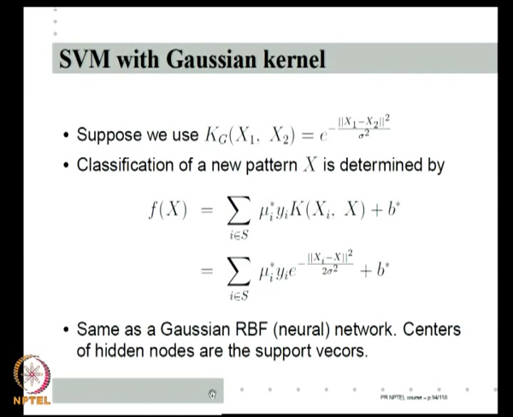We will see some examples next class. But here, as you can see, an SVM with a Gaussian kernel is equivalent to the Gaussian RBF neural network, where I do not have to worry about how to find the centers and so on. As a matter of fact, many people use algorithms whereby you solve an SVM, get these support vectors, use them as centers of your RBF, but may not use these Lagrange multipliers; you relearn the output weights using a linear regression. But in any case, this expression shows that an SVM with a Gaussian kernel is equivalent to a Gaussian RBF neural network.